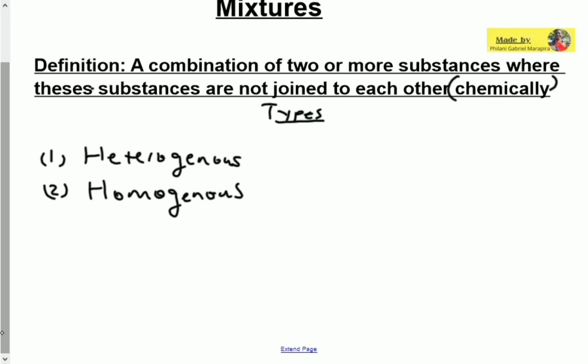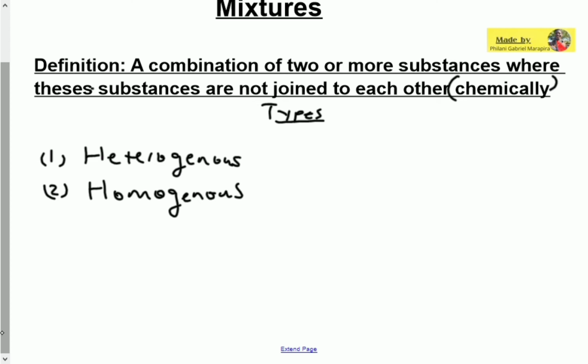So by this it means that you can actually see all the elements in that mixture. Not the chemical elements, but if we are going to mix sweets and sand, you can identify that this is sand, that is sweets, that is whatever. So it means the certain things that are making that mixture are actually identifiable. You can actually identify them.